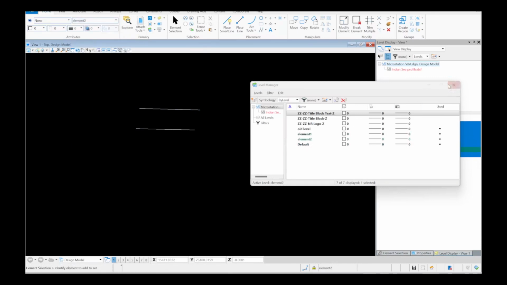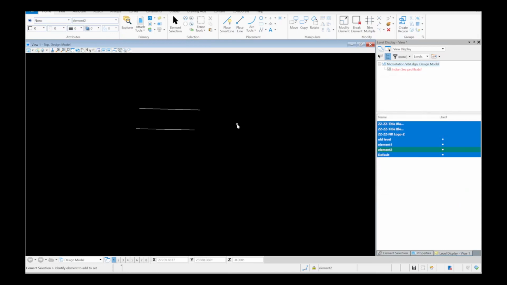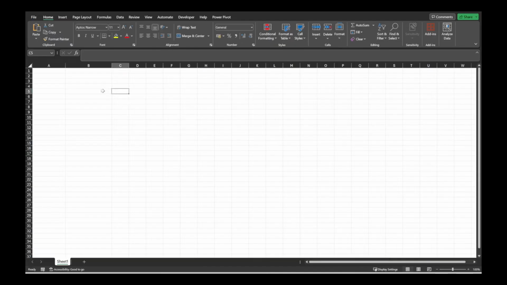Let's say you have many items on the drawing and you want to move them together, but sometimes to a different level, sometimes the same level. Doing it this way will involve using Excel. So I have opened up an empty Excel file. You have to open an empty Excel file. So what you need to do now is